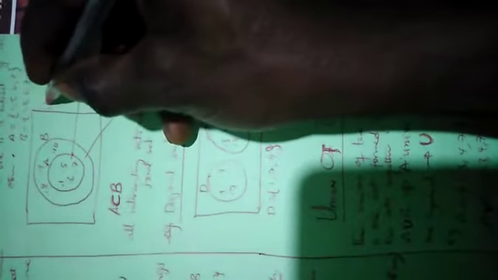So their union is represented by U, showing the universal set. As I said, the universal set is represented by a rectangle, with the subsets usually represented by circles. Rectangle, circles. The union of two sets is the resultant set that is produced when the elements in A and B are combined together, put together.